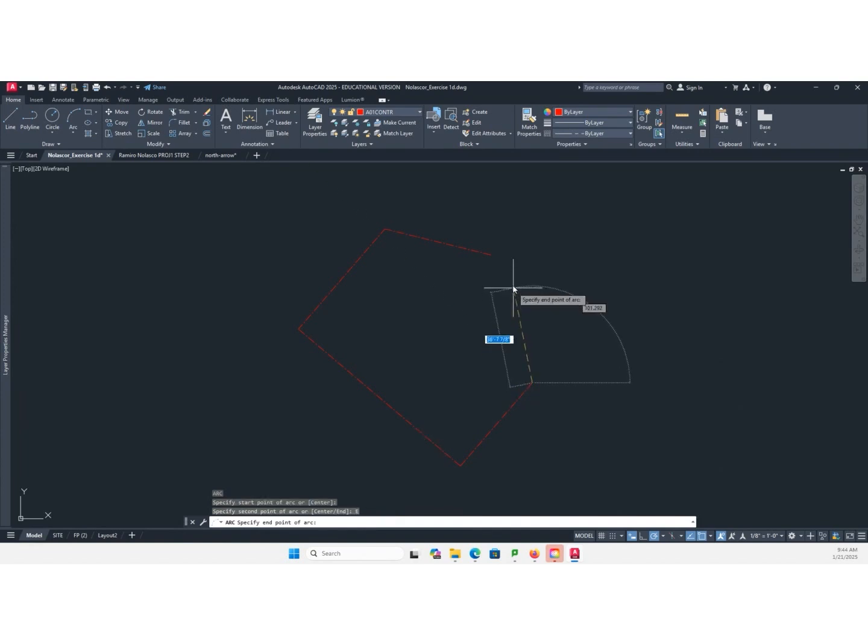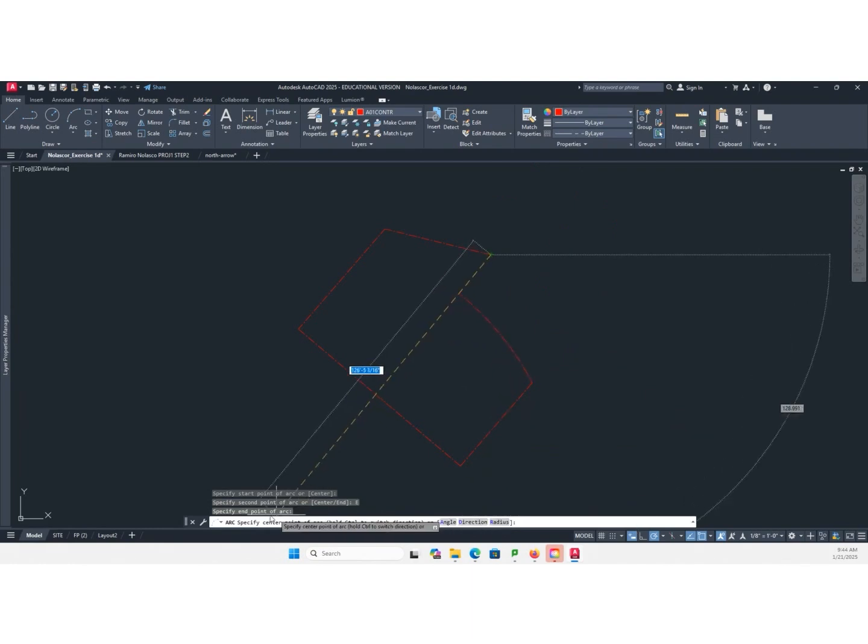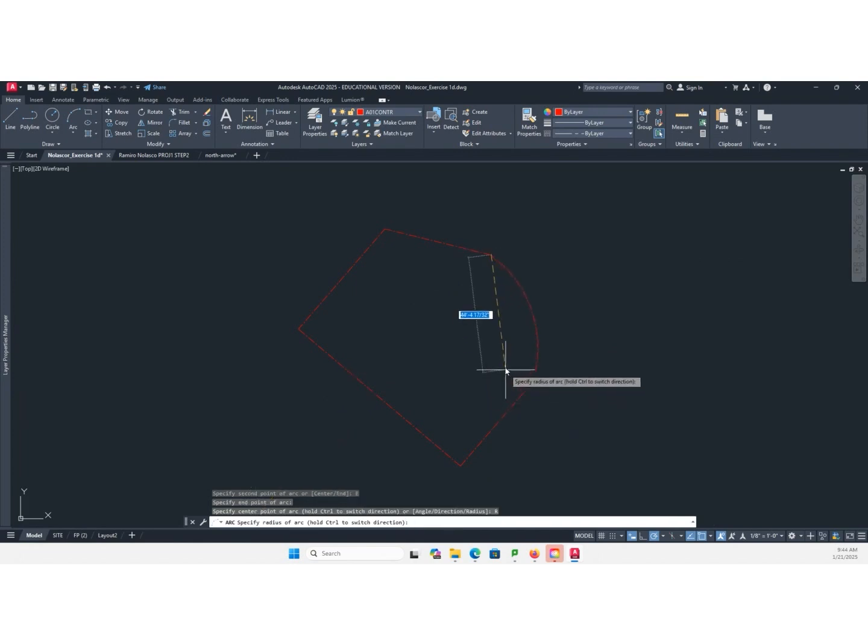That's your end point. And then, which I forgot earlier, select radius, otherwise it's looking for the center point. So we want the radius instead. The radius is 30 feet. Enter. That's your property line.